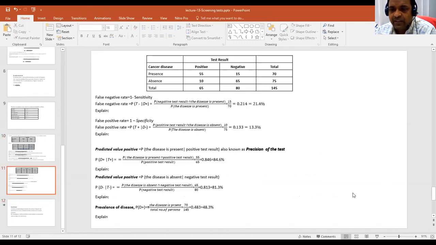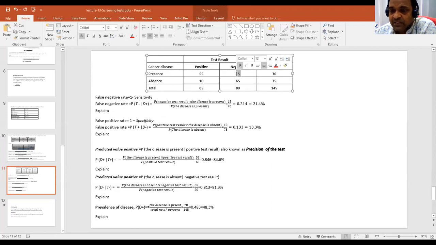Similarly, we can define the other term, false negative. We know false negative is nothing but the test giving a negative when the patient actually has the disease. So this is the false negative, which is also 1 minus sensitivity. This is the negative test mistakenly or erroneously given, but the patient actually has the disease. So let us see what the negative test is. We got the negative test 15%, but they have the disease.